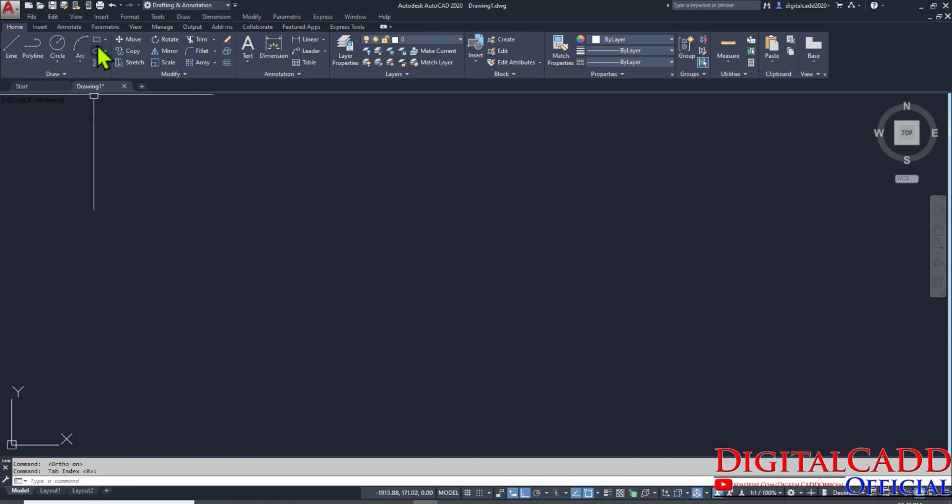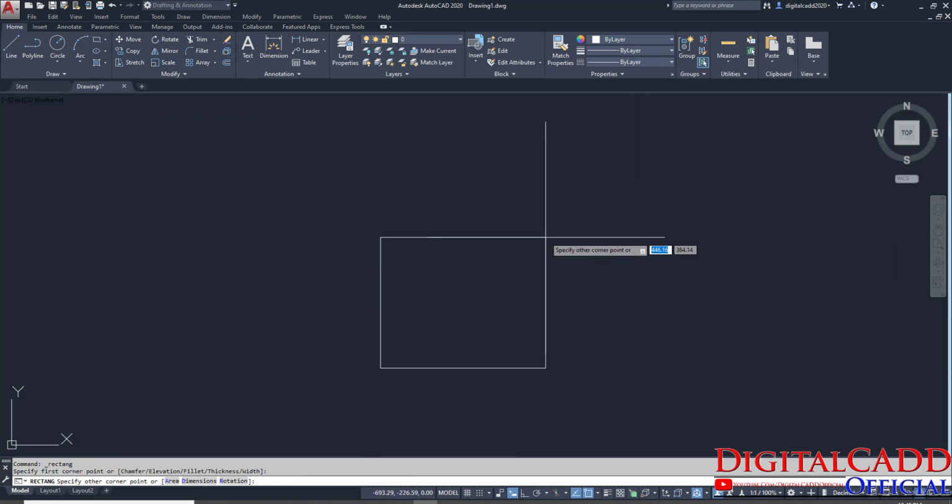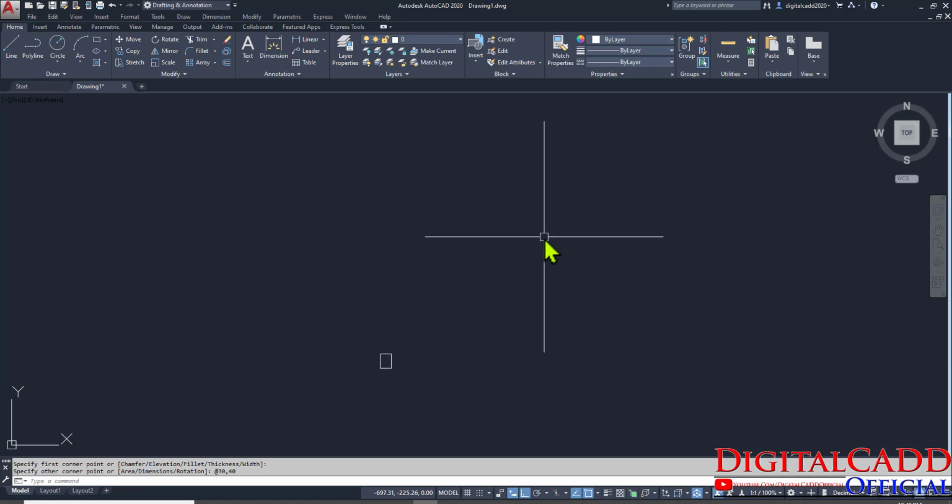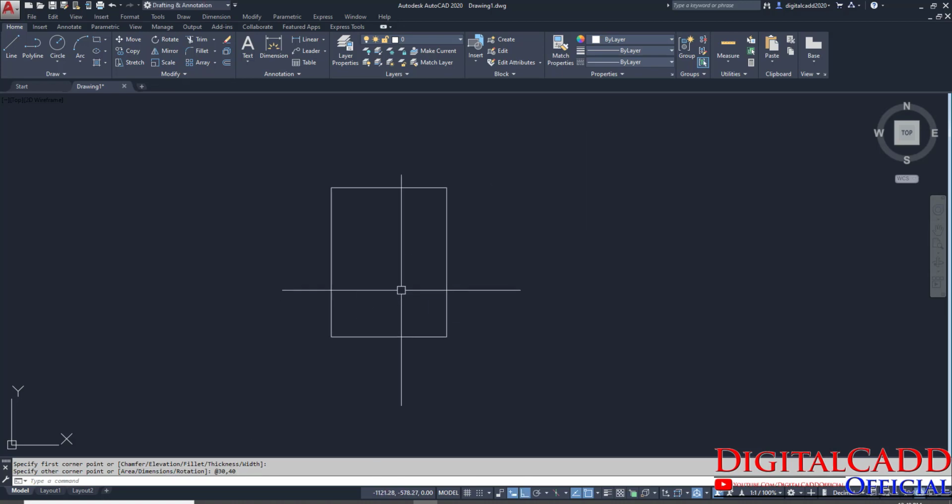So just click here, rectangle, and you can see specify first corner point. Click here and type the value. First value, that is horizontal value 30. Press tab for vertical value, that is 40. 30 by 40, you can see here. Press tab and say enter to it. We have created a rectangle here.